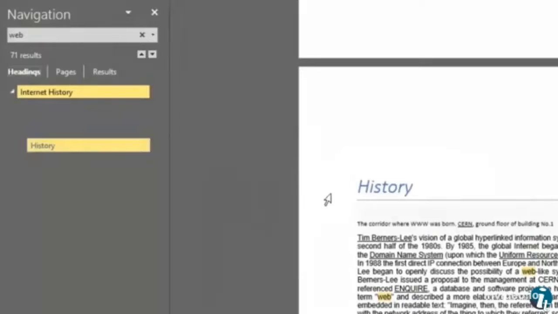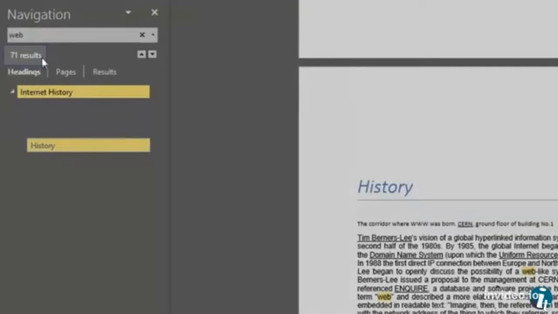The Find feature also gives the exact number of times that our word appears in our document, 71 times in